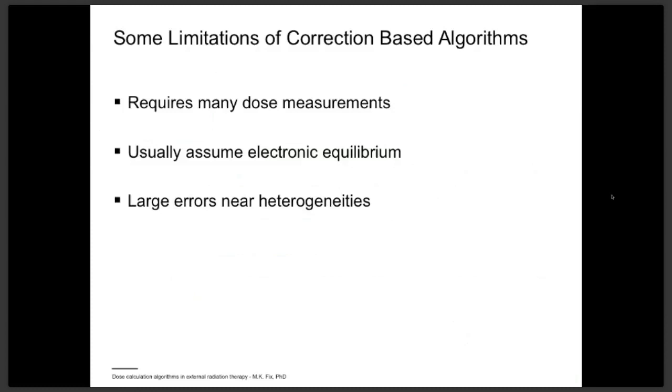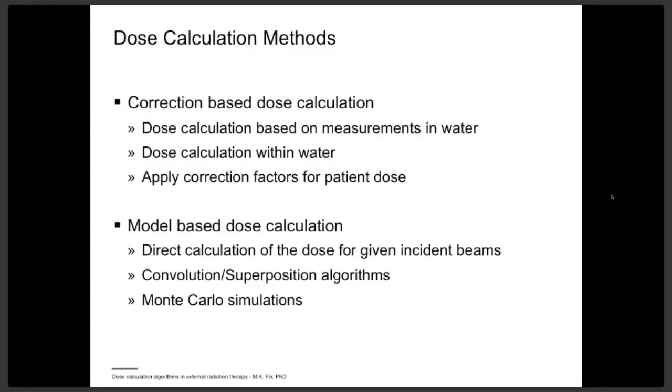Okay, now I'm at the end of the correction-based algorithms, and I want to finish with the limitations and the motivation at the same time for the model-based algorithm. It requires a lot of dose measurements. It always assumes electronic equilibrium, and this results in large errors near heterogeneities. And that's why